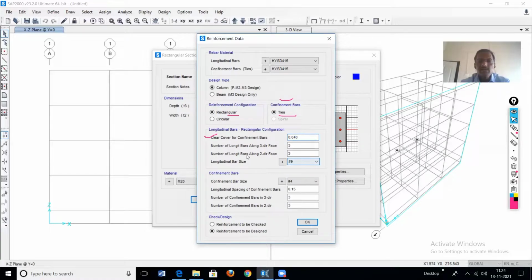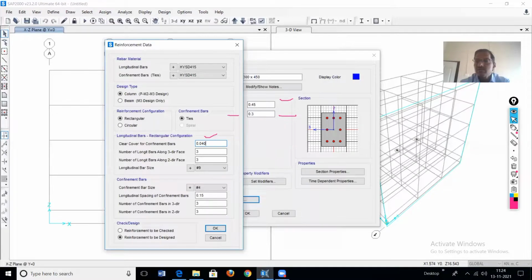Then the number of longitudinal bars. We have to define the number of longitudinal bars in direction 3 and direction 2. Here this is the 3 direction. First we have to define how many bars are to be placed.